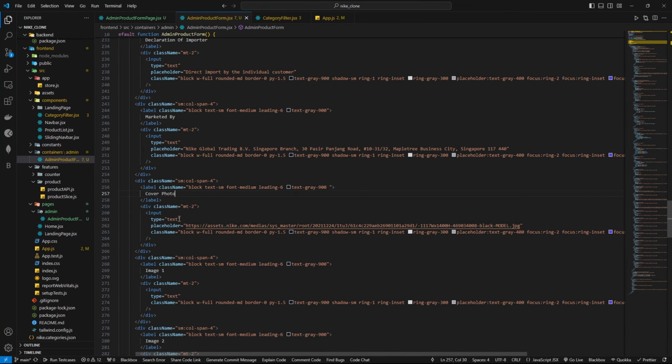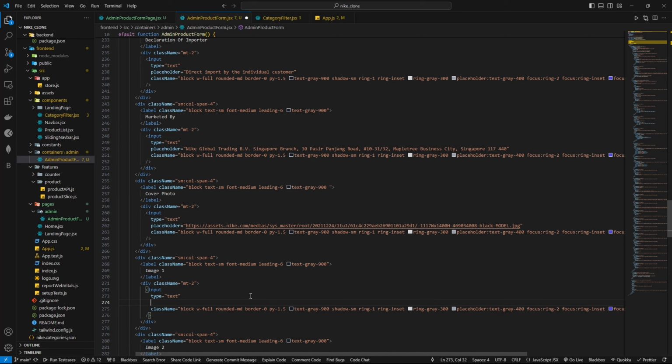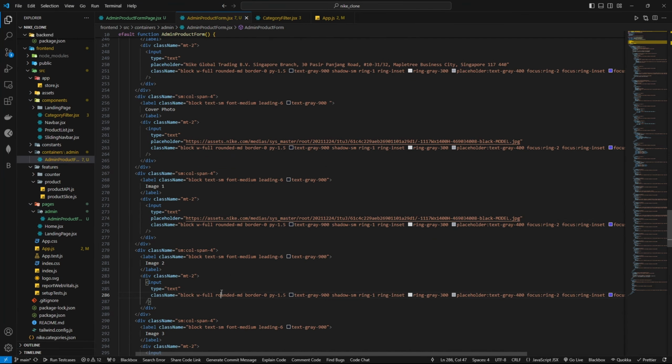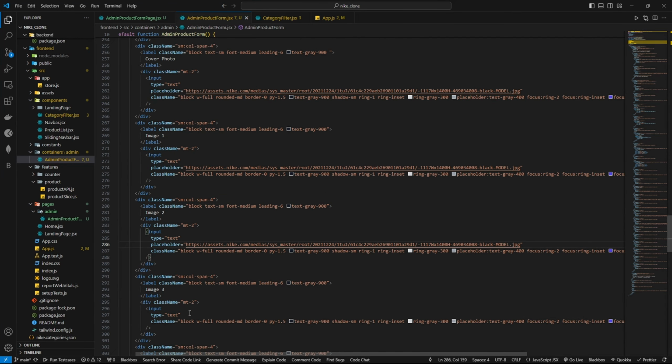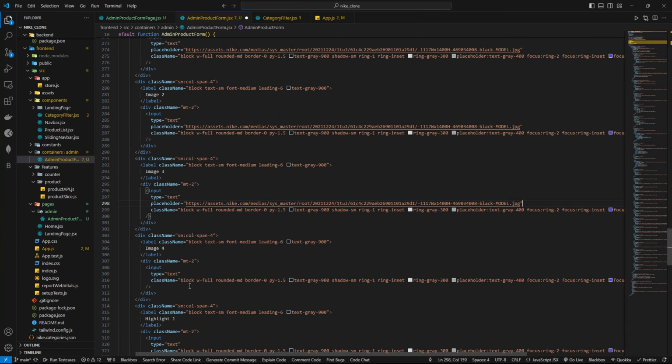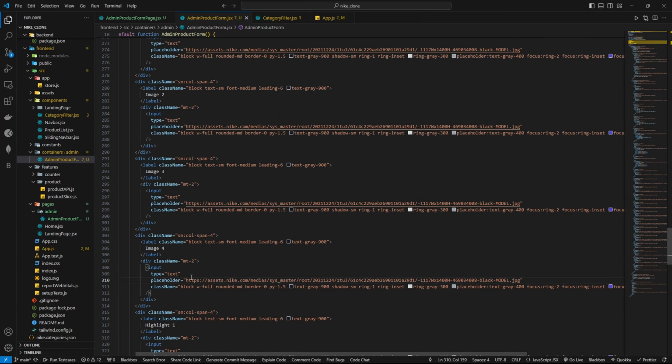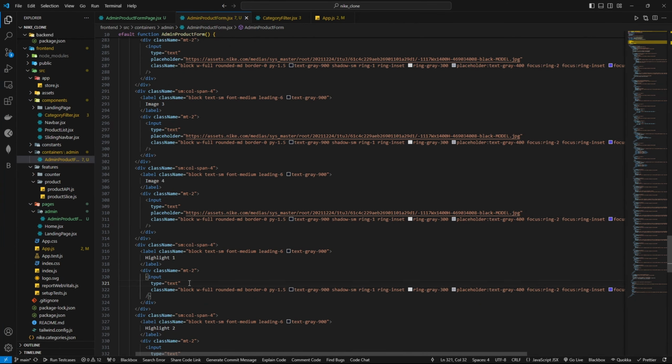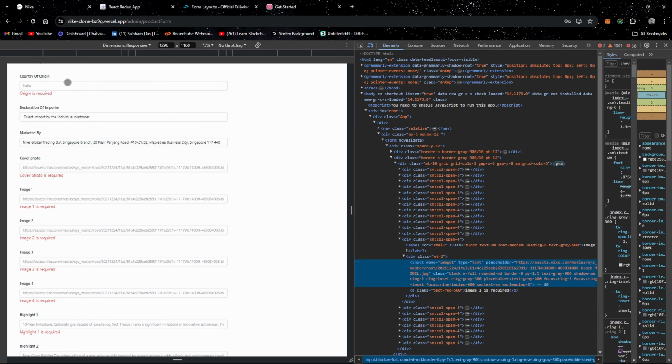So the cover photo is here, input is also here. Now we are going to have something like, let's say, in image one, we can also give this one. So put it in image one also, and then in image 2 also, and in image 3 also. Image 4 should also be with the same placeholder. And in the highlights, let's check what can be the